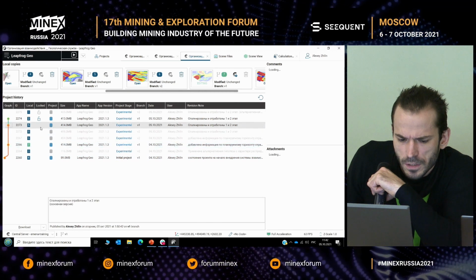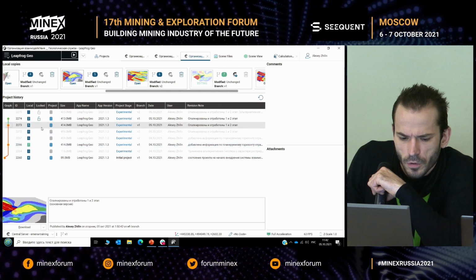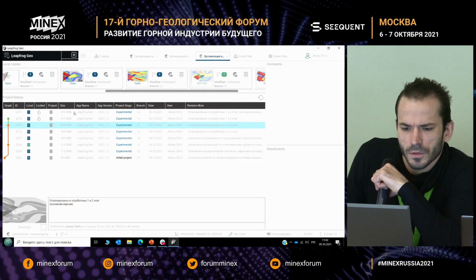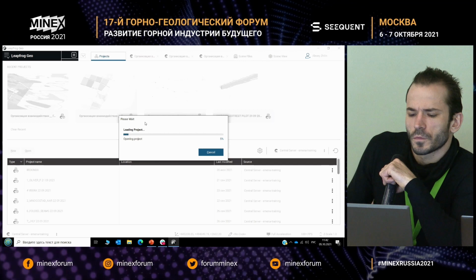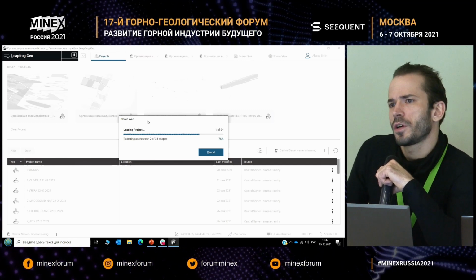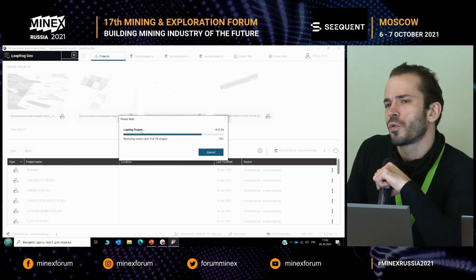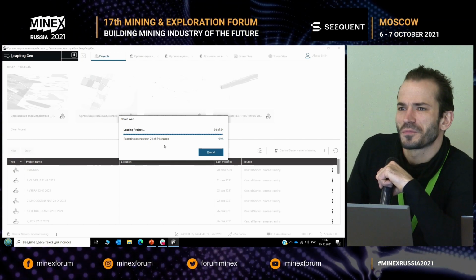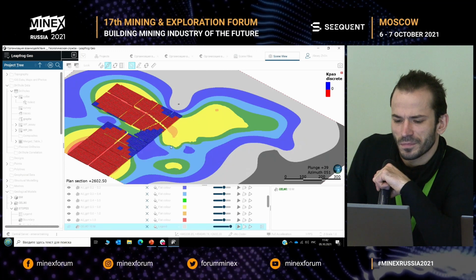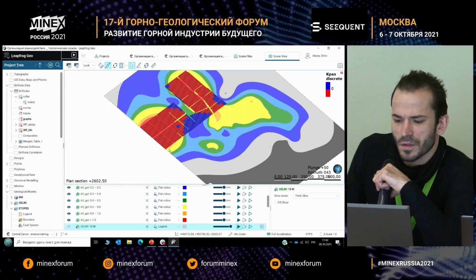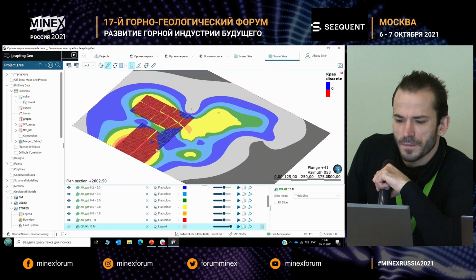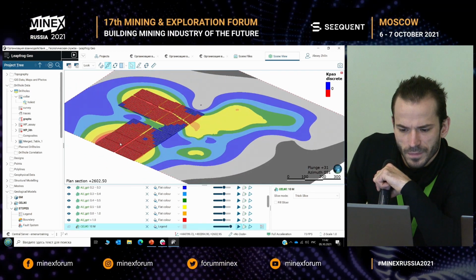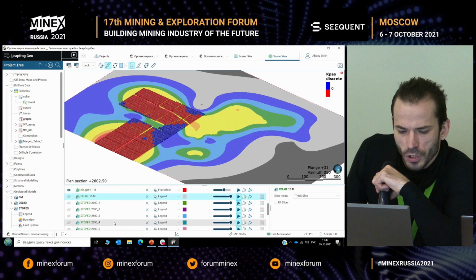So this is version 1 and this is version 2, the second stage of version 1. It differs from the previous project only by the set of the already performed works that we have taken from the miners. You see, we have a little bit different image here, a different set of activities. So this is the next stage.